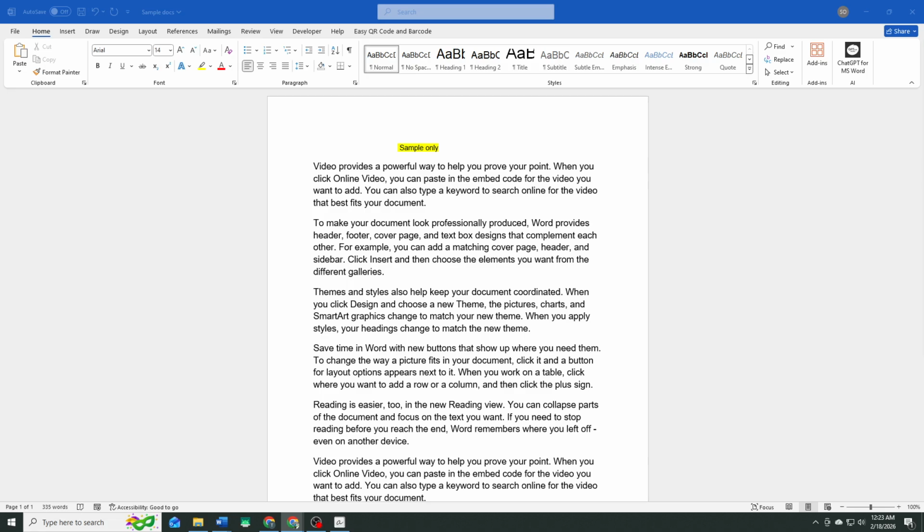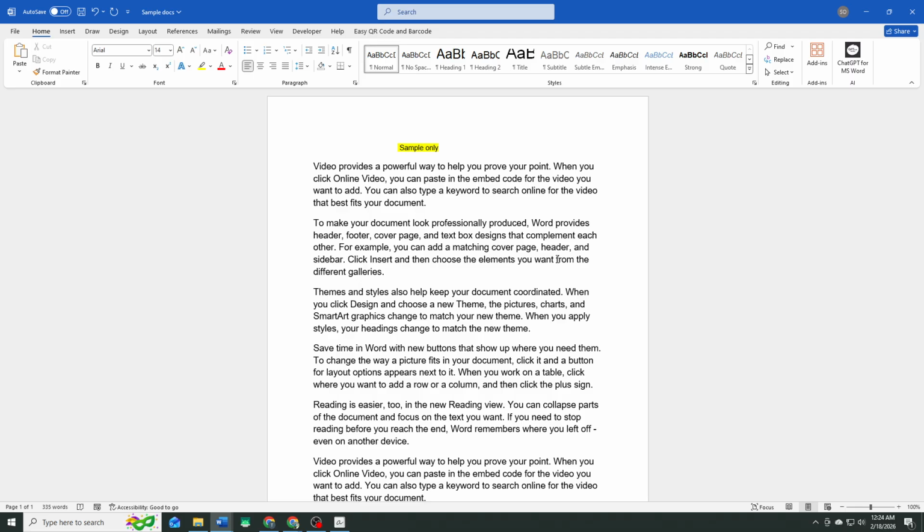In today's video, I'm going to show you how to compare two versions of a document in Microsoft Word. Comparing documents is a very useful feature, especially if you're reviewing edits, tracking changes from multiple contributors, or making sure no important details were missed between versions. Microsoft Word makes it easy to see all differences, additions, and deletions in a single, consolidated view, saving time and